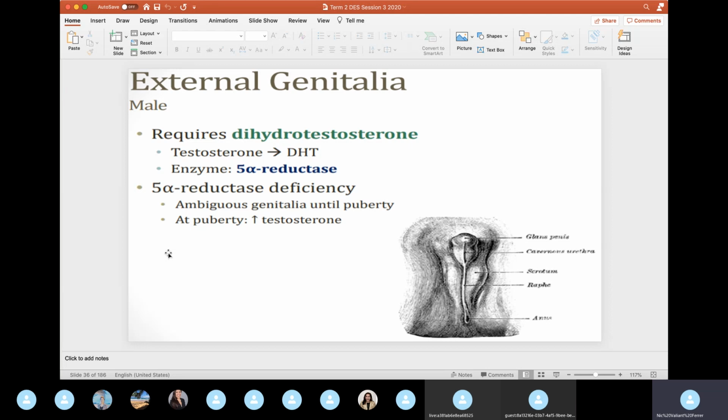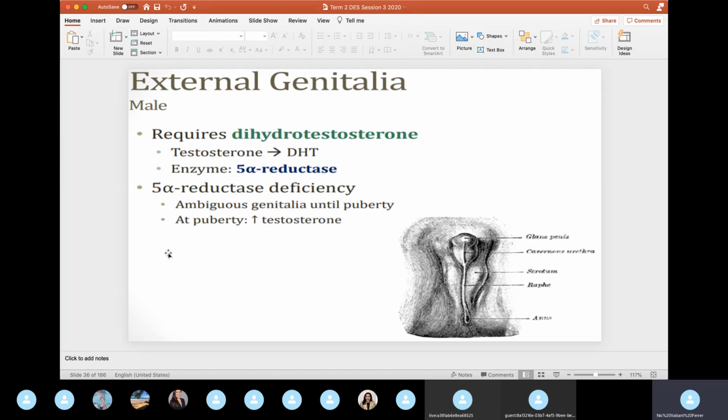Next, the development of male external genitalia. It requires what? Dihydrotestosterone. Don't forget, testosterone can be converted to dihydrotestosterone by what enzyme? High yield 5-alpha reductase. So what if you have 5-alpha reductase deficiency? What happens? You can have ambiguous genitalia until you have puberty. At puberty, you have an increase in testosterone and you can have your development of